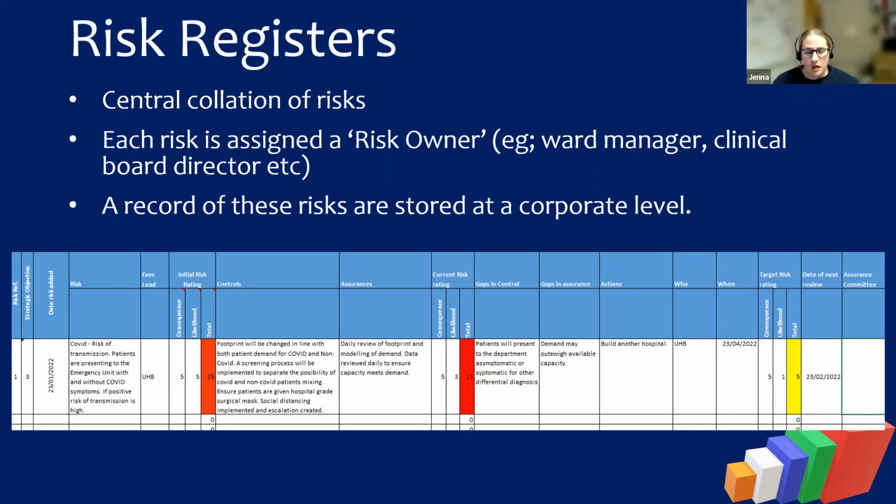But actually, we have to look at that risk and how much we're willing to accept. So if we look at this, patients are presenting to the department with symptoms of COVID and without symptoms. But patients that have those cardinal symptoms are put in a singular area because it's considered that until proven otherwise, people have COVID these days. But there is a chance that those people that don't have COVID and that have those differential diagnoses may then end up with COVID as a result.